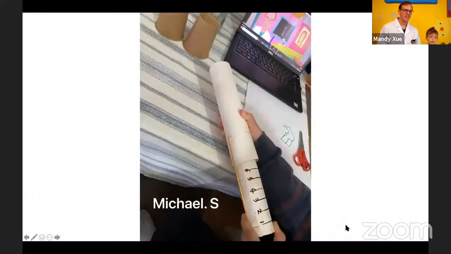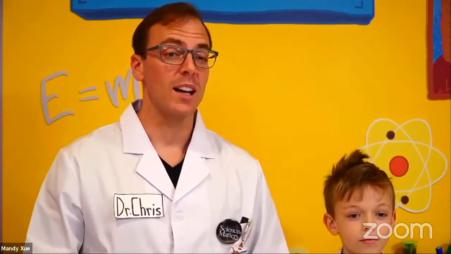And it looks like last we have Michael. Look at the very carefully and perfectly spaced levels for the measurements. Very good, Michael. Oh, that's great work, everyone. Those look wonderful. I hope you're able to see how you might be able to test these at home, and maybe you can see Newton's second law in action.